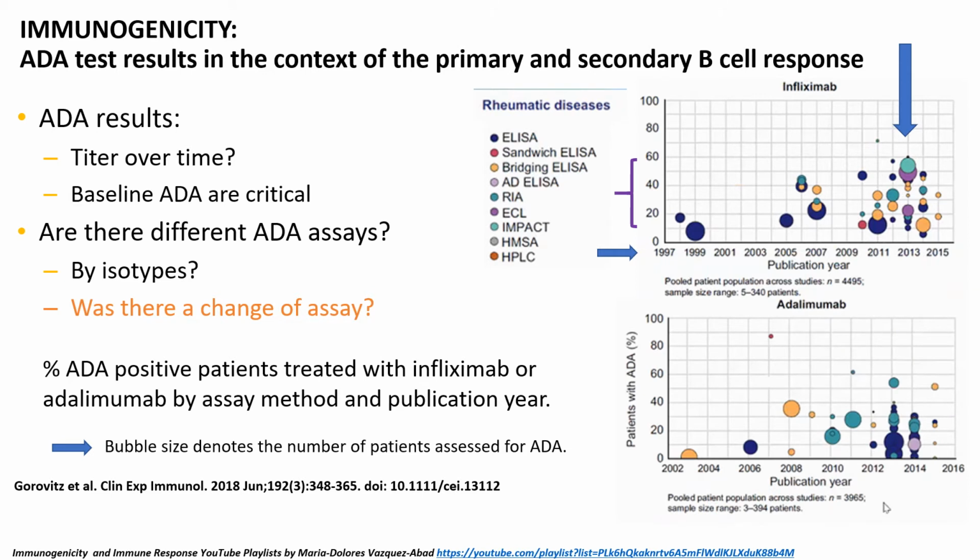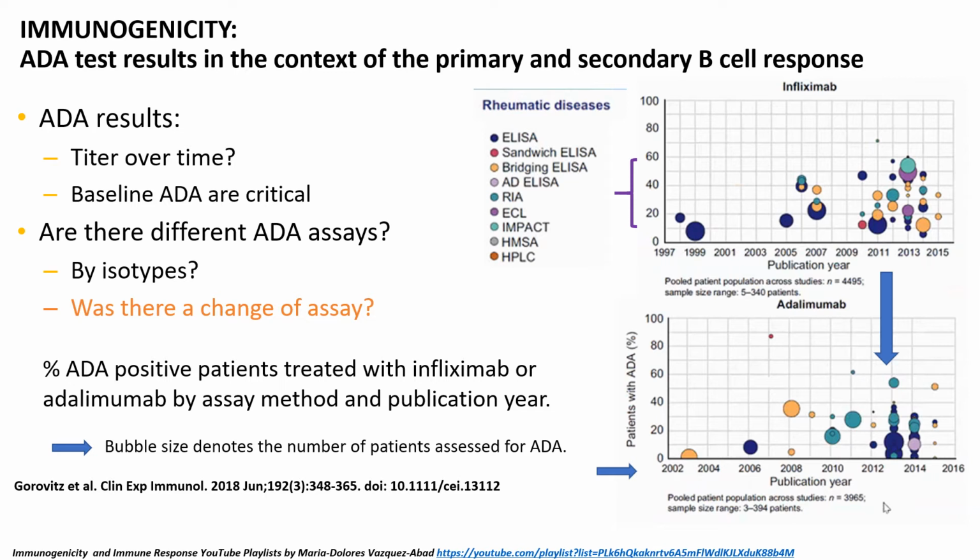When we look at the adalimumab story, of course, adalimumab was approved later, so the story begins later, 2002. But let's try to look at the same year, anywhere, 2013. Of course, his graph, that's where he's got it. So first of all, for anti-drug antibodies to adalimumab, I can see there's less platforms, less technologies than I can